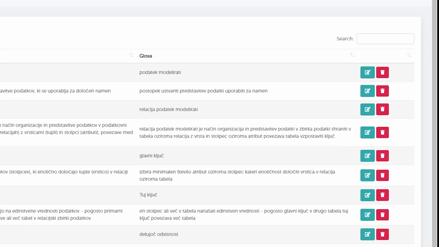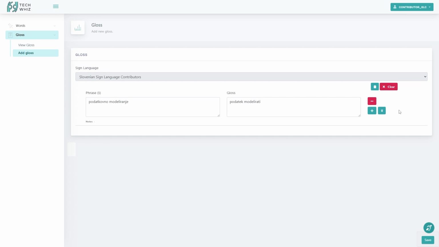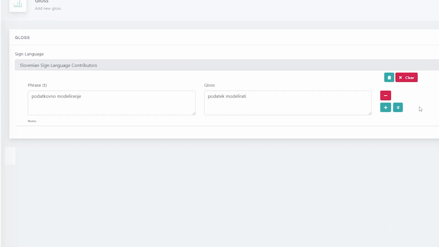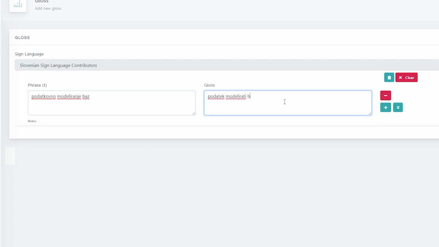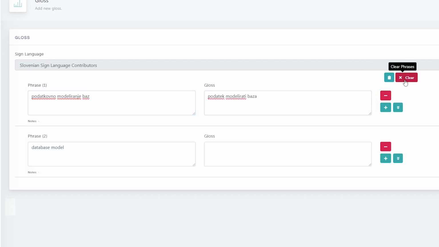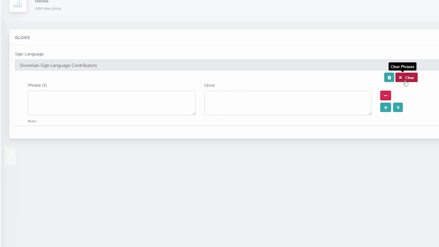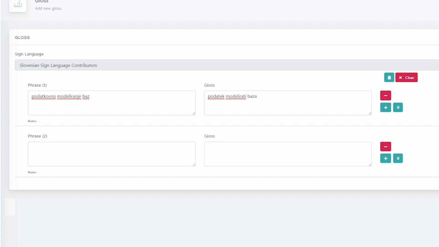On the right side, next to each Glass entry, we have the controls to edit individual entries. We can edit them by clicking the Edit button. A new page will open with different options. Obviously, we can edit the data in the text fields. You can copy data from clipboard or you can clear all data. The red minus deletes the entry, while we can add an entry with the plus sign. We can write something just as I test here.